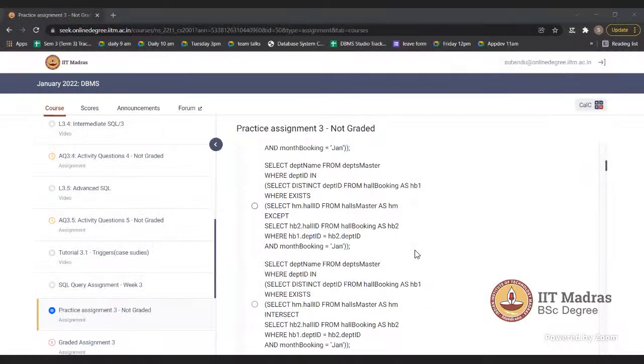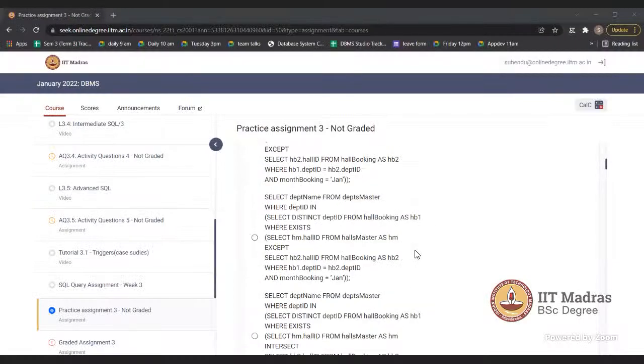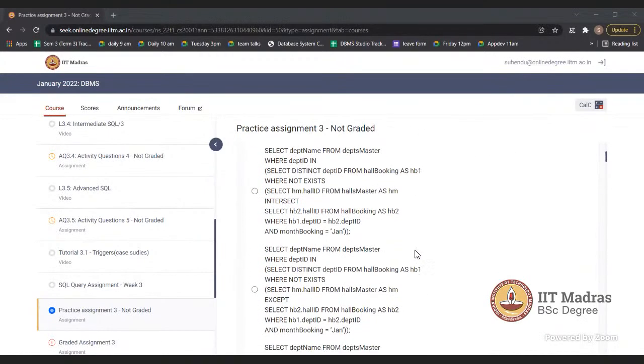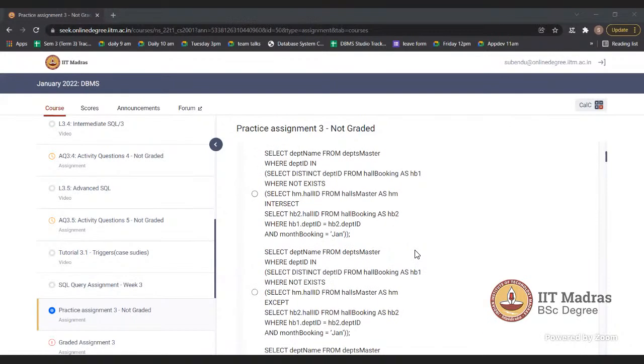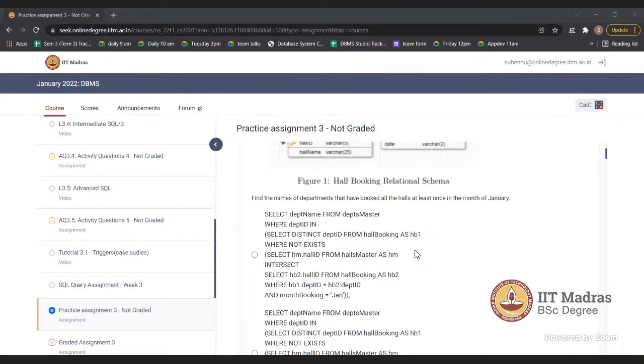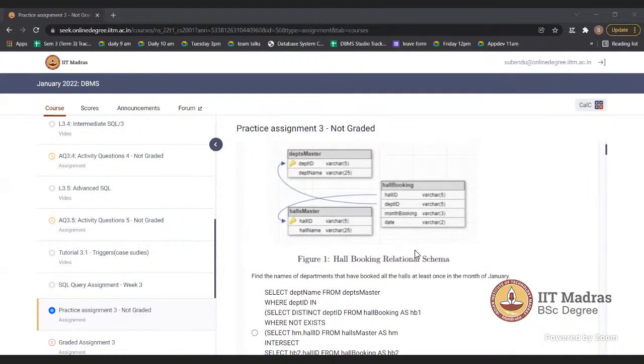Let me share. Yes, sir. In this question, this one is the correct option, the NOT EXISTS, option number 2. So my doubt is, let's say there are 10 halls in the hallmaster table, with IDs 8001 to 80010.